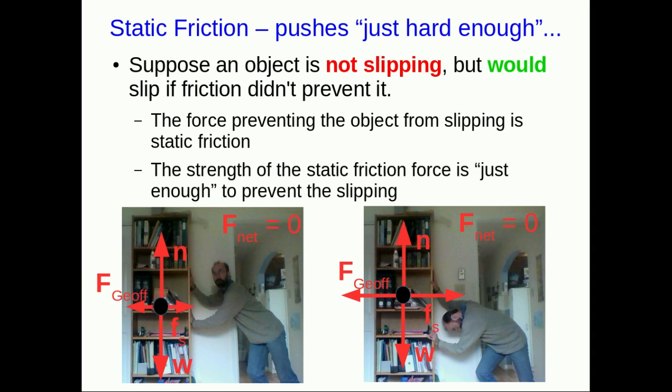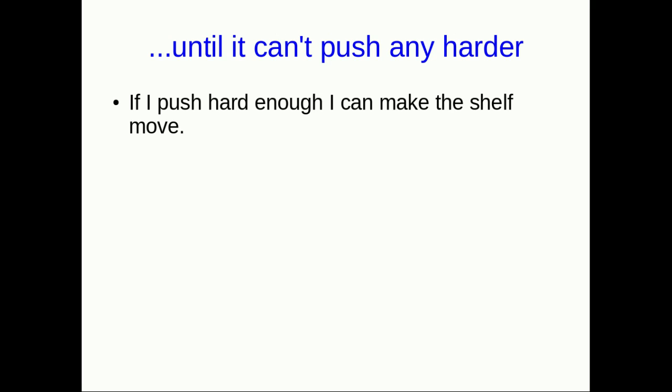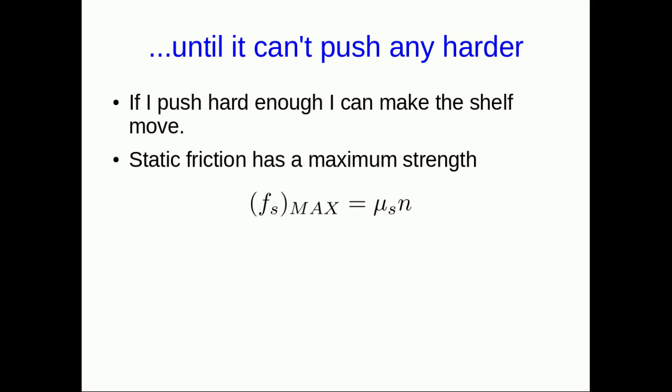So now that we've seen how we solve for a static friction out of Newton's second law, just like we do for normal forces and so on, the static friction pushes just hard enough, as long as the thing doesn't slip, until it can't push any harder. You know that if I push hard enough, I can make those shelves move. And so at that point, what will have happened is that I will have exceeded the maximum strength that the